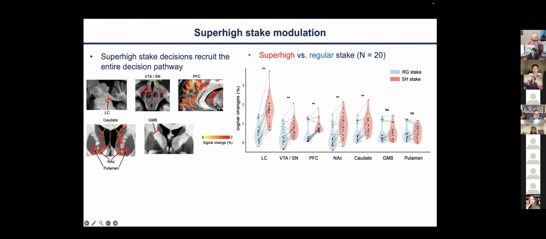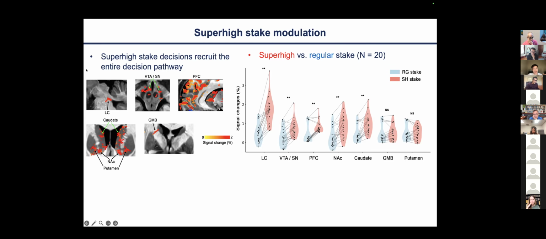In 3T, you may also see the activation in the striatum, but it's not so clearly separated into the caudate, putamen, and NAC. And you can also see a very beautiful activation along a very thin bridge here, the gray matter bridge between caudate and putamen. Also, we see it here. I will show you more examples to show how robustly it can be detected.